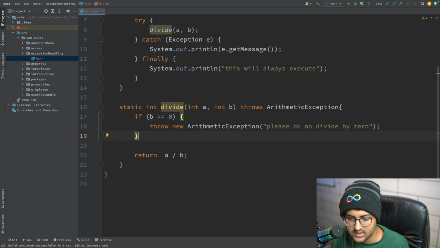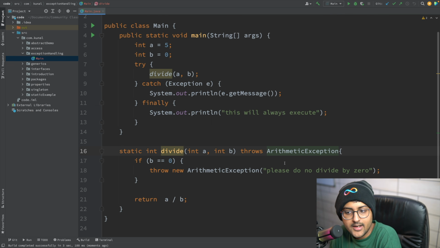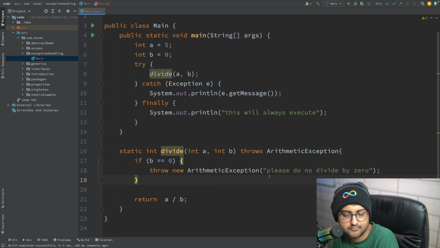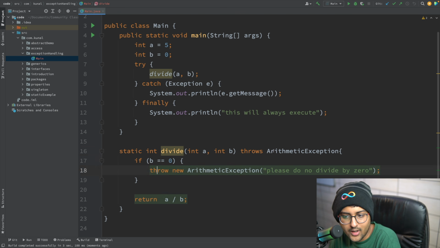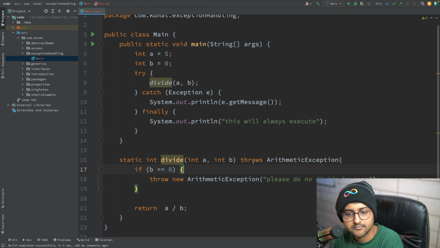So do you know now the difference between throw and throws, right? Throw basically means that we are throwing an exception. Throws is basically just used to declare exceptions. It's just saying, hey, you're using divide, it may throw an exception. If you use this method, it may throw an exception. Cool. Those are the 5 keywords: try, catch, finally, throw, and throws. That's it.